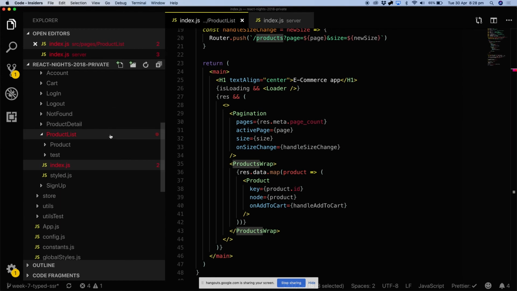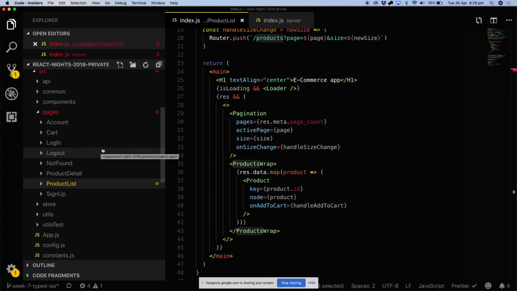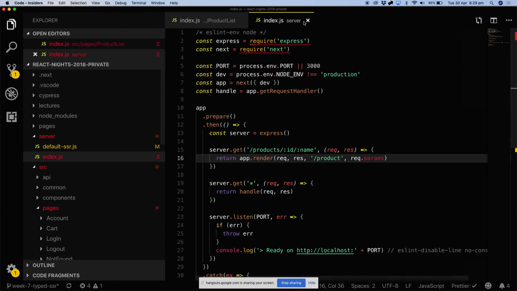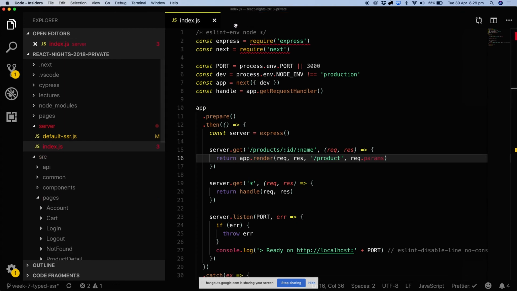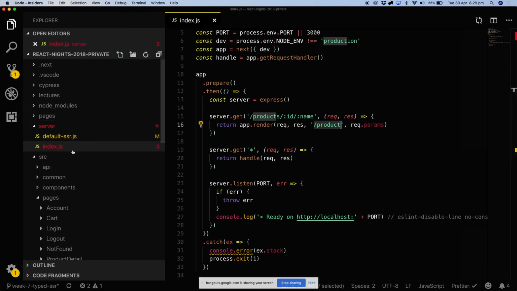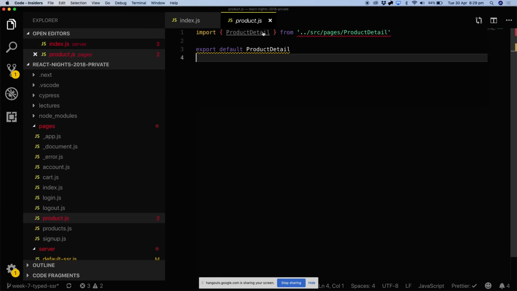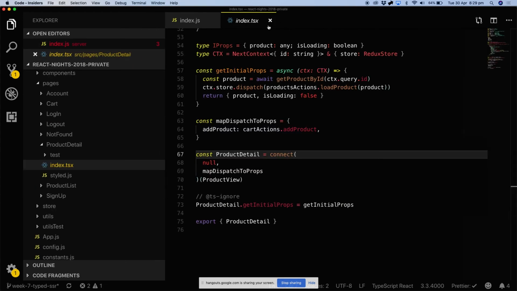the changes that we need to make are that we need to remove the application and entry point that we had before to use React Router. Sorry, to not use React Router. And so let's take a better look at this endpoint here. This products ID name is going to call products, single product. And this one is product detail. And if we check product detail,